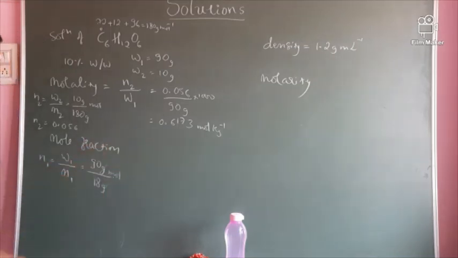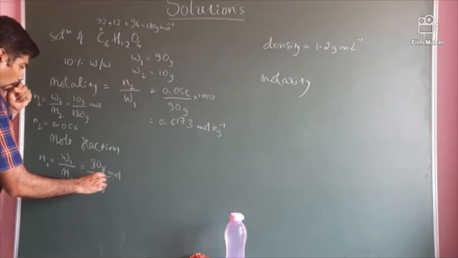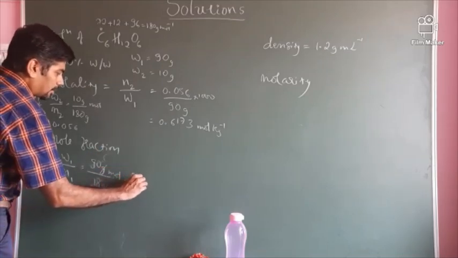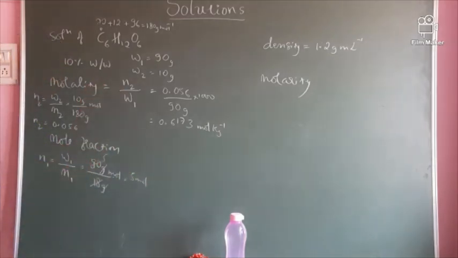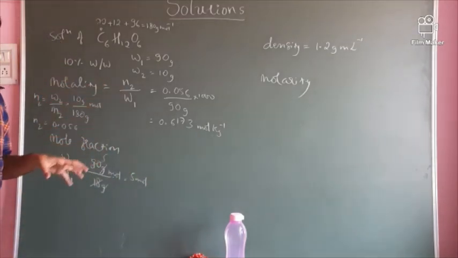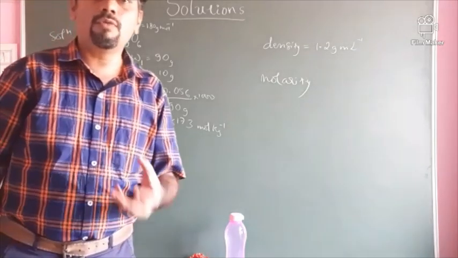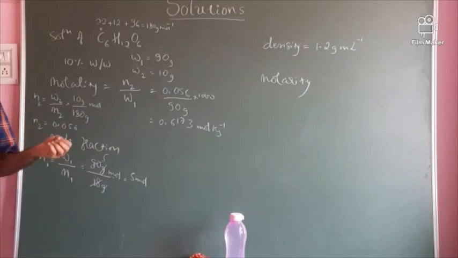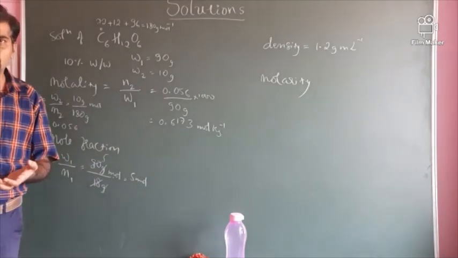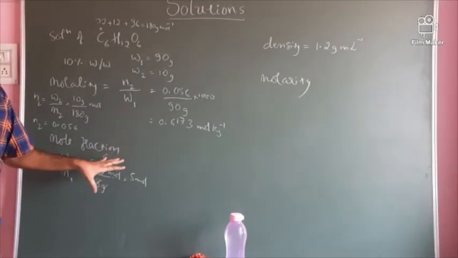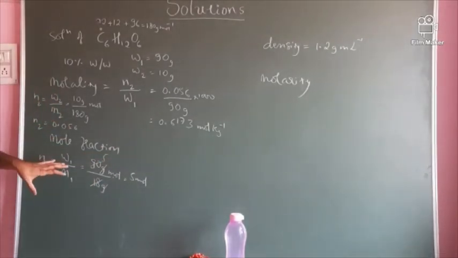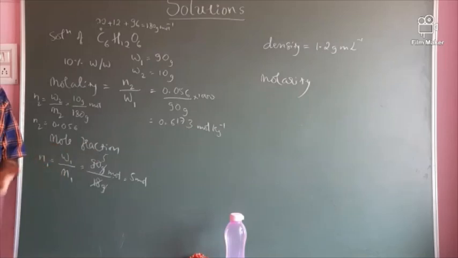So grams gets cancelled. 18 times 1 and 18 times 5. So this is 5 moles. It means in 90 grams of water there are 5 moles of water molecules. In your first year PUC, in your 11th standard first chapter, some basic concepts of chemistry, you have studied about the mole concept as well. So I hope you remember and know it very well. What is 1 mole? I believe you know it very well.